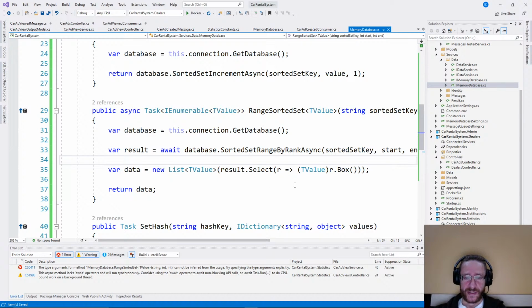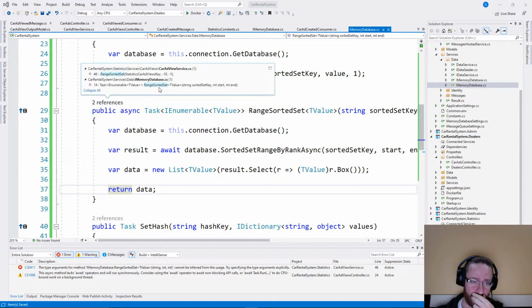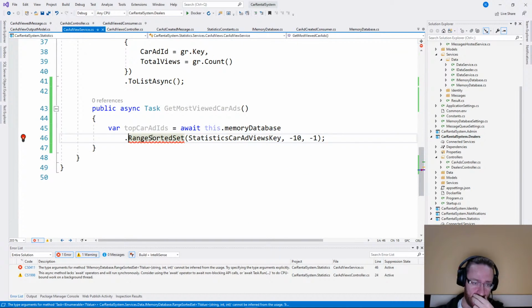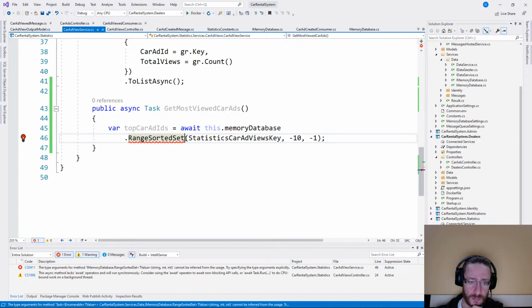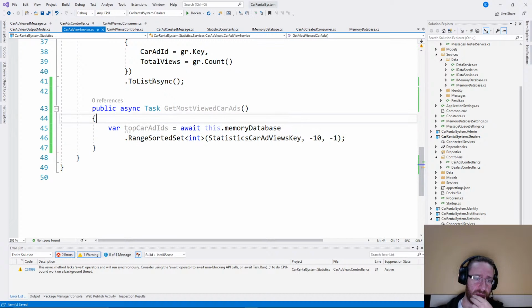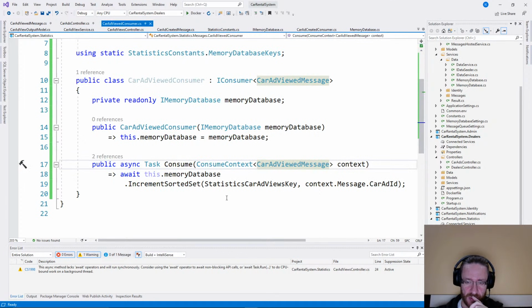Good, we extracted everything from the sorted set. Give me the list, box it, cast it to the value and return it. Okay. And this is by far an integer because we store the carat ID. So if we store the carat ID here,